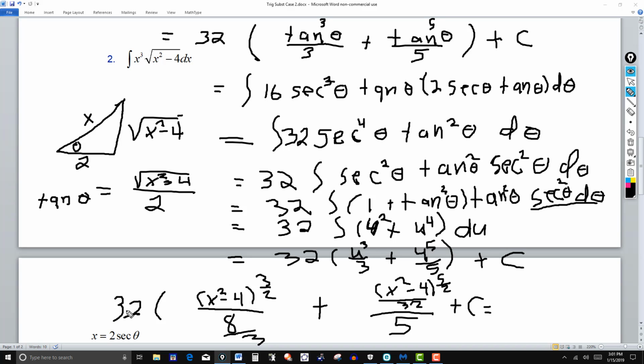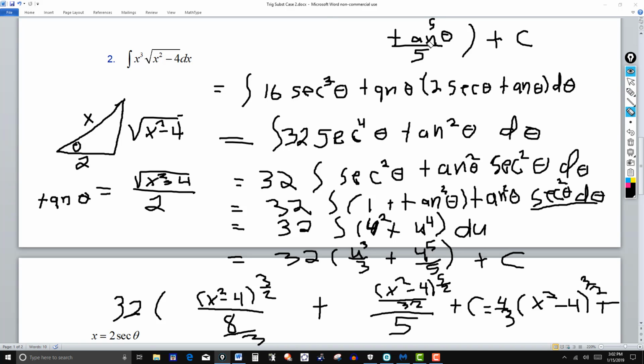So the 32 is times this right here, so 8 into 32 goes 4, and then you have the 3, so that's 4/3. And then you have x squared minus 4 to the 3/2. Let me write the whole thing up here then. So we have the 4/3 times x squared minus 4 to the 3/2,